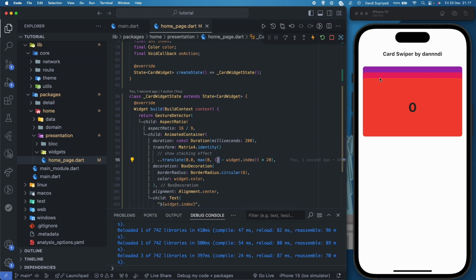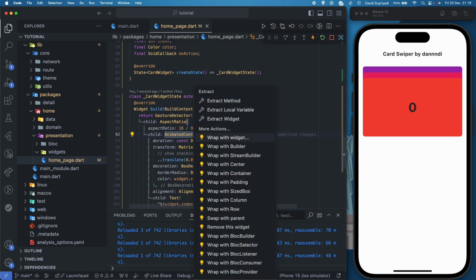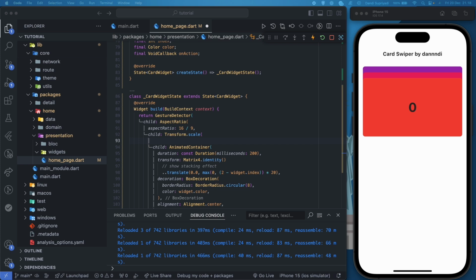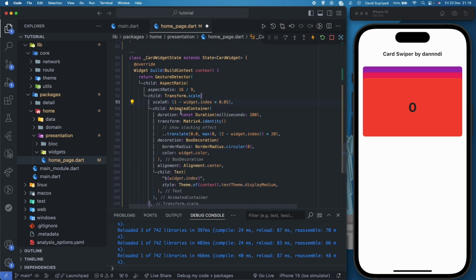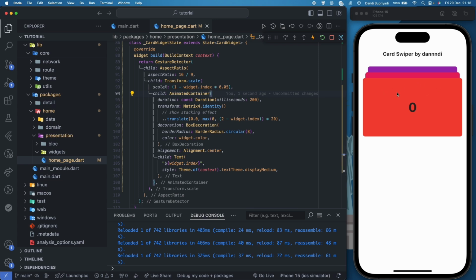This variable is to control how many children we're gonna show. If I set it to 1, it means I'm gonna show only index 0 and 1, and if it is 2, then I show index 0, 1, and 2, something like that. So we have our stacking effect, and let's wrap this inside a transform scale, so we can scale down the children based on the index. Save it. Now we have our card stack like it is in a 3D environment.